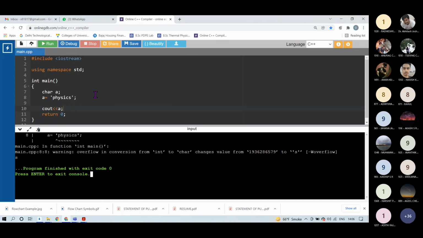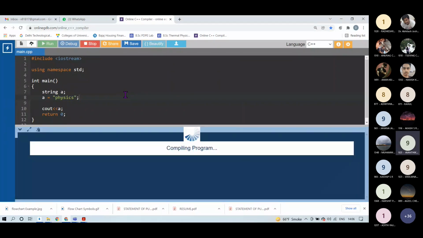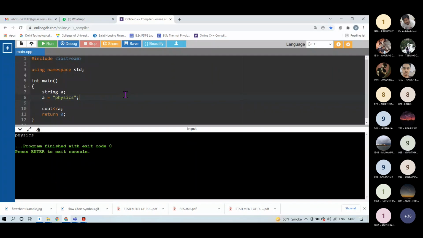It will again show an error, because the variable you have declared as character type and you want to insert a longer word into this variable A. So for that you have to declare it as string and write this word physics in double quotation. Then only can you assign this word physics to the variable A.